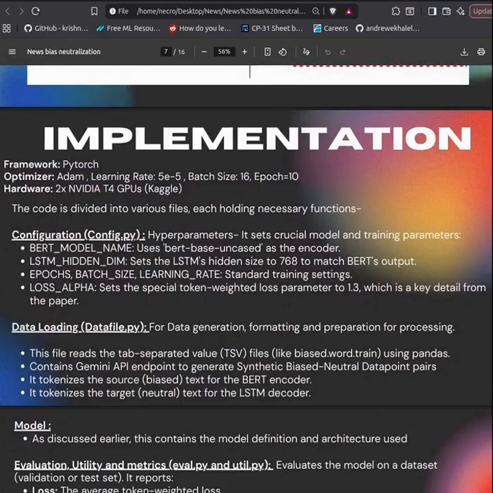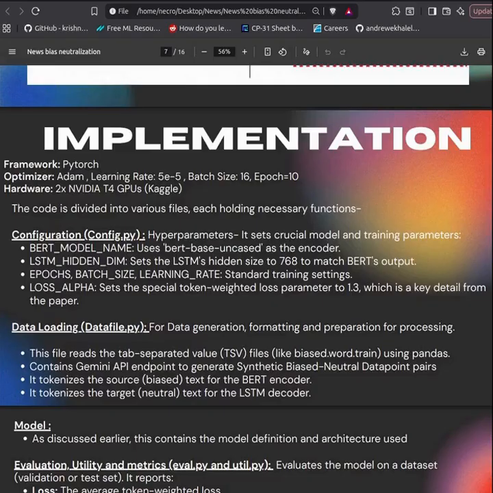This implementation slide covers the code implementation which I have used in this project. I built the project in PyTorch and trained it on Kaggle using the NVIDIA T4 GPUs. The total time required for fine-tuning the model was around 5.5 to 6 hours, which is more reasonable as compared to the computational demands in the original paper. I structured the code into several files for clarity.